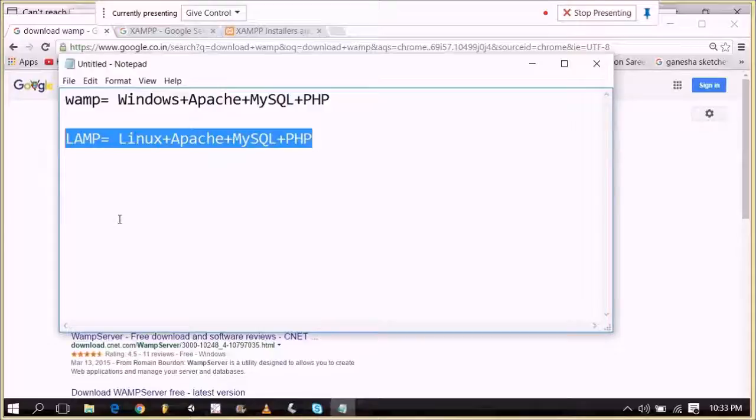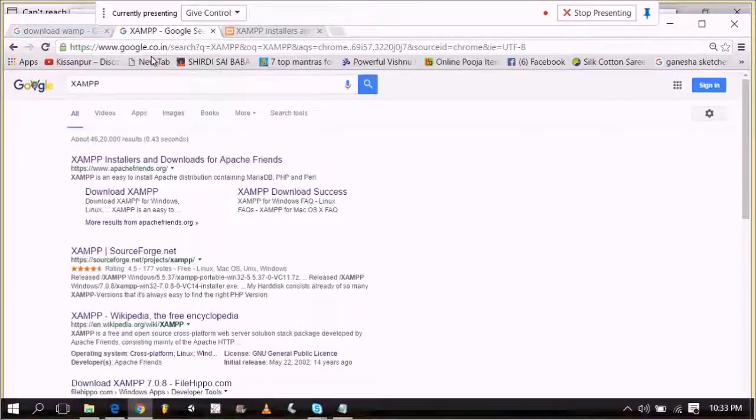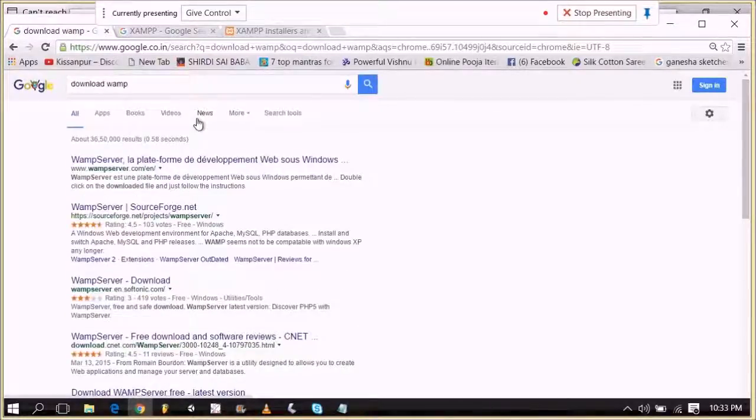another one known as LAMP. LAMP is something which runs on Linux, MySQL and PHP. It runs on Linux. And there is one more type of software which is called XAMPP. You download XAMPP and it runs on all the platforms. The same installer will run on Windows, Linux and everywhere. So right now mine is a Windows box. So let us go for